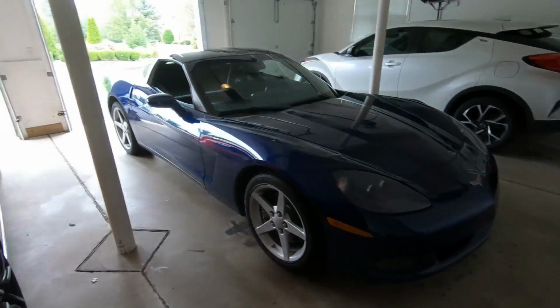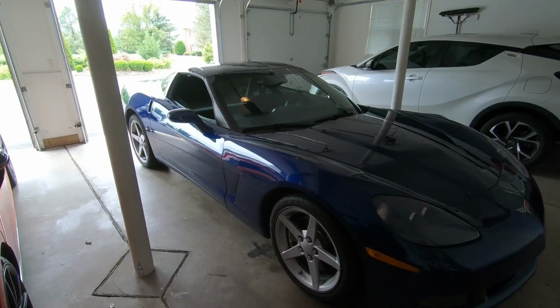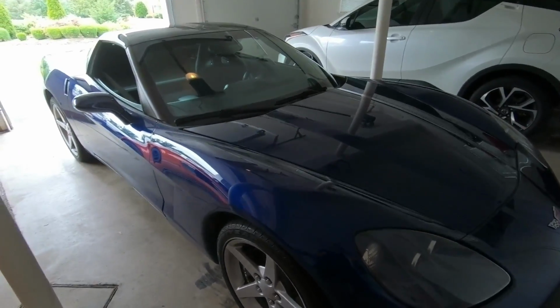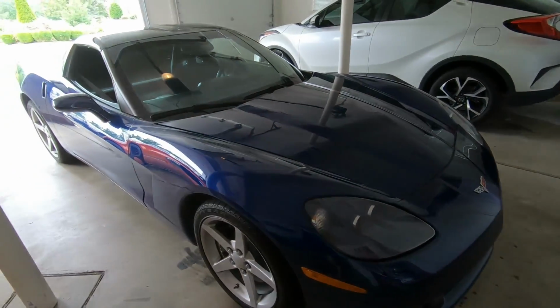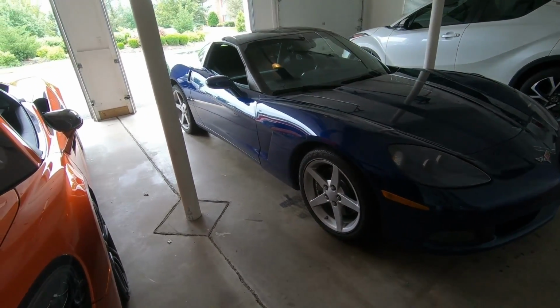And it is going to be an exciting day because we are going to see how much power old Grandpa makes bone stock. That's right. So before we really get into the mods and tear apart this whole thing, matter of fact, we're not even going to need this LS2. That's going away completely. But before we do all that fun stuff, we're going to see how much power it